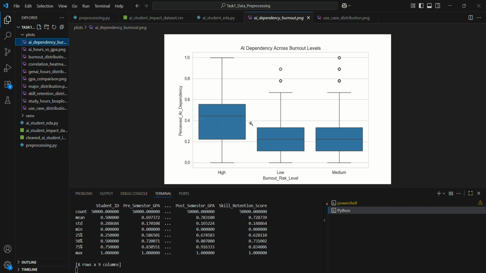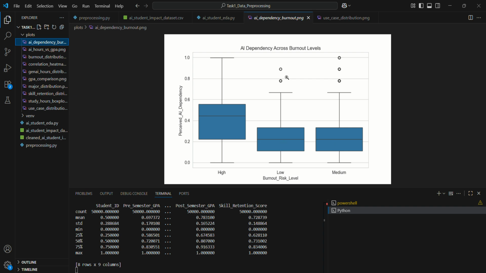So a higher percentage of students are at a high burnout risk level, and they have high AI dependency as well. For the low and medium, the values are similar, but